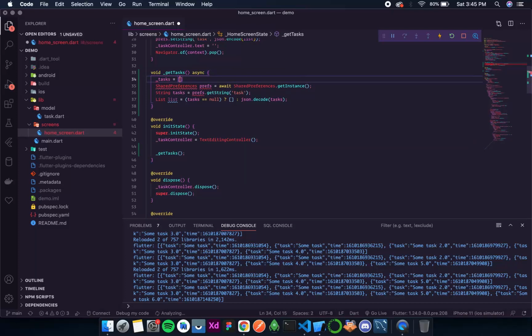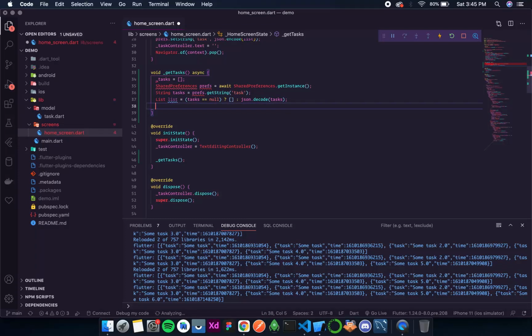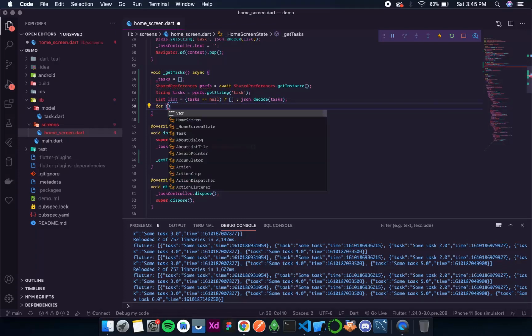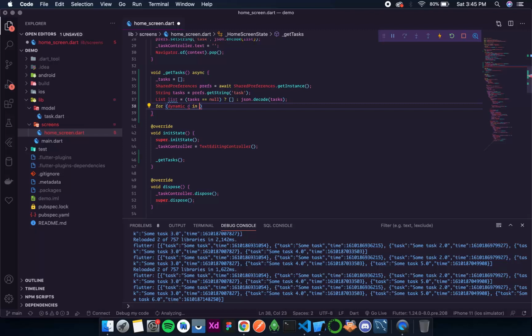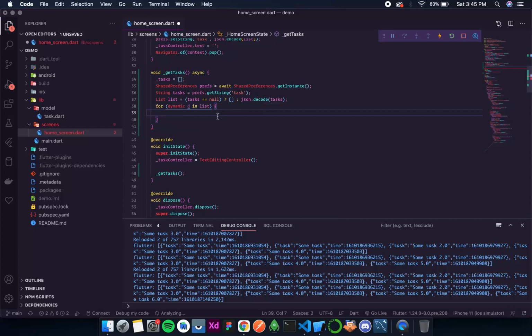Tasks I have initialized. Now let's add values to this tasks. So for a dynamic d in list, over here I'll add that dynamic d.